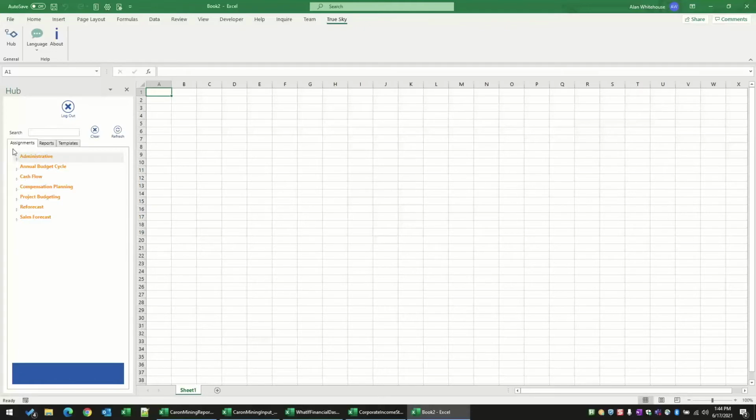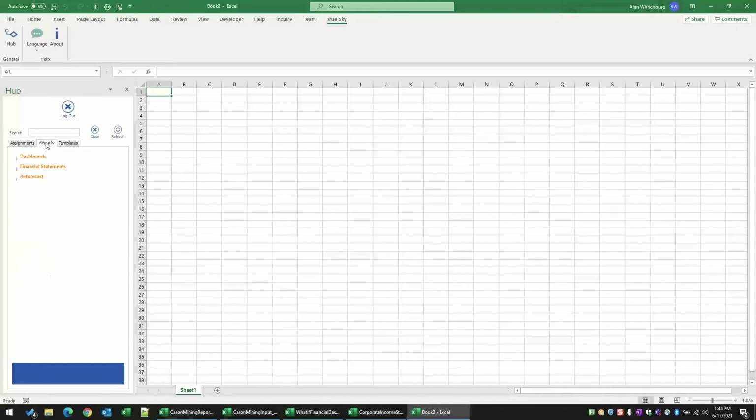And I'm going to focus on two tabs. Assignments, those are input tasks. Those are things that I am required to do to get data from a manual basis into the system. This is how you're going to put budget and forecasting numbers into the system, okay? And as an example, under my annual budget cycle, you can see I've got to work on office expenses and